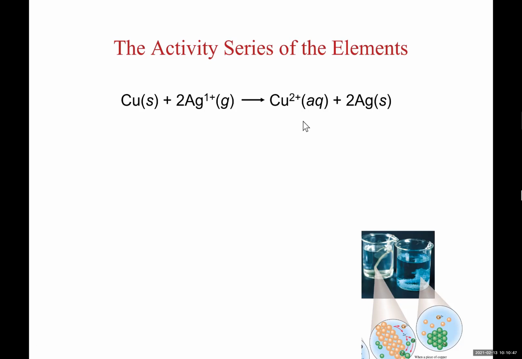The reaction resulted in the formation of silver metal and copper was dissolved. So what is happening in this reaction is simply that copper is losing electron. Copper is losing electron, gaining two positive charges, and silver is gaining